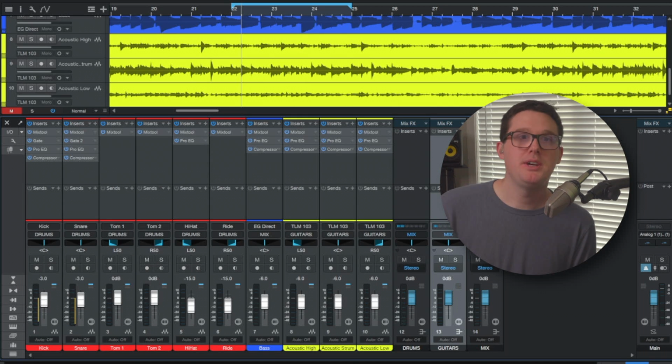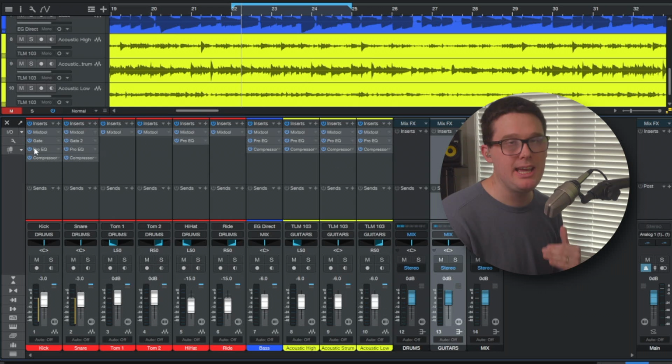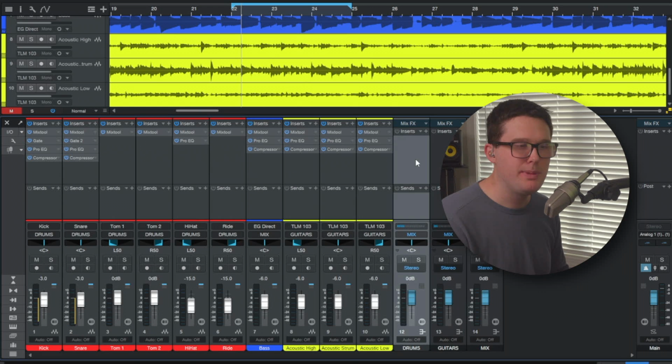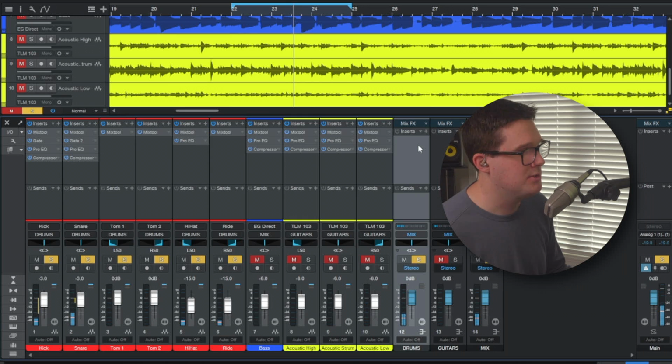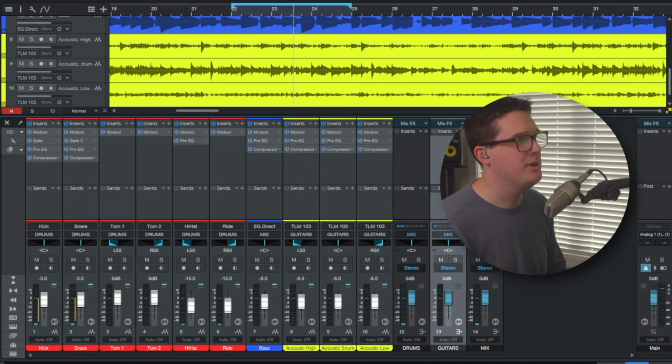Why am I creating buses? Well, what's really cool is instead of the individual tracks being edited, I can actually edit all of my drums together with their own unique set of plugins by using a bus. So if I solo the drums bus, what do you think I'm going to hear? It's just the drums. If I solo the guitars bus,